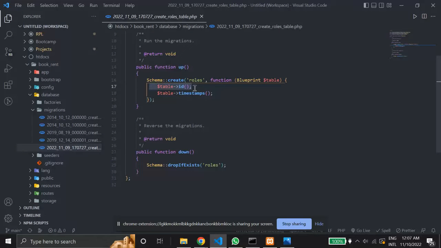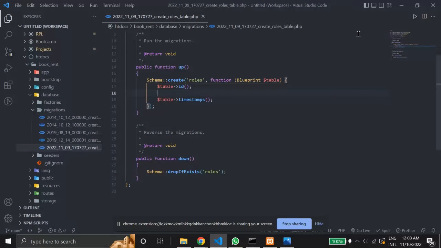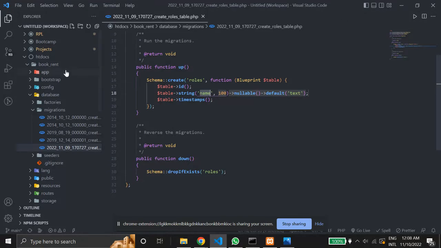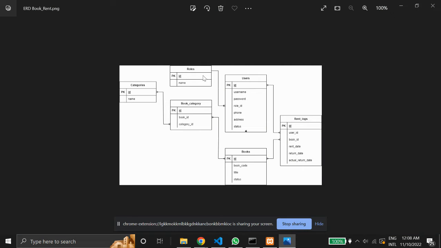Okay, here's the columns for ID, and then let's create the name. Let's just delete this. Okay, now we already created the table for roles, and now let's create